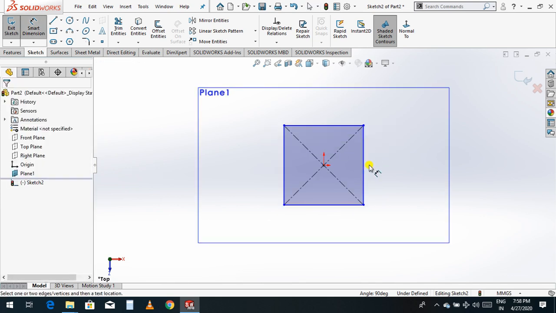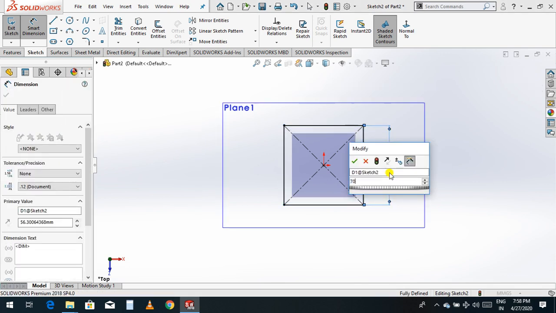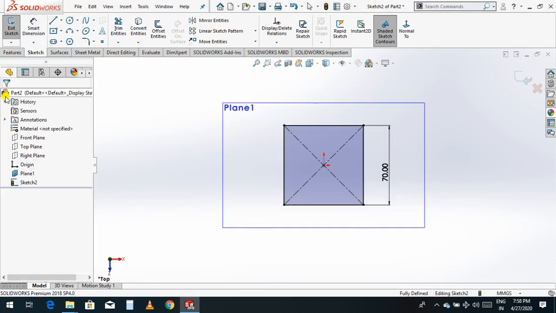Now you can give a dimension of 70. Now I've given 70 mm to this length, and the equal relation between these lines, so all four lengths are equal. So this is a square with a length of 70 mm. Now just rotate this plane.